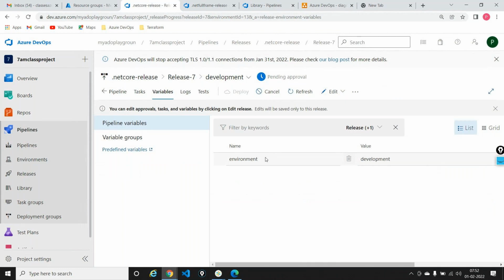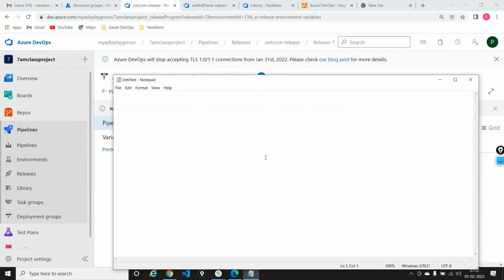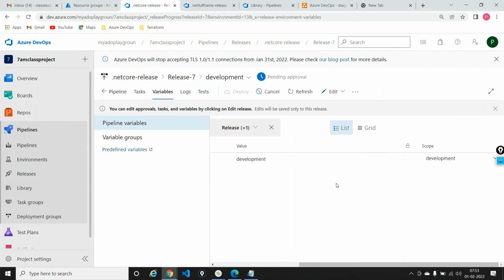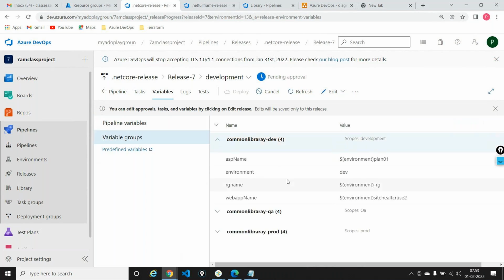So yes, as someone suggested, pipeline variables scoped to the environment are always going to take a higher precedence. This is important to understand: I have a pipeline variable scoped to a particular environment. This will take priority over the variable that is in the variable group,